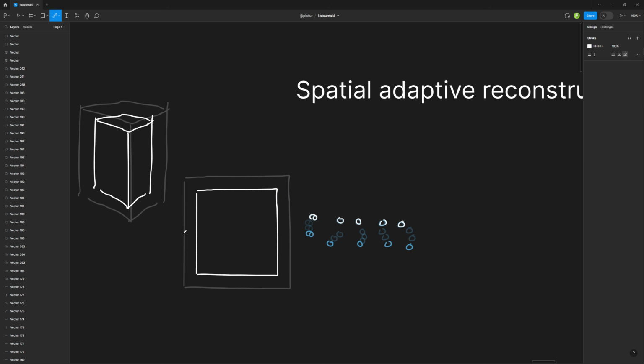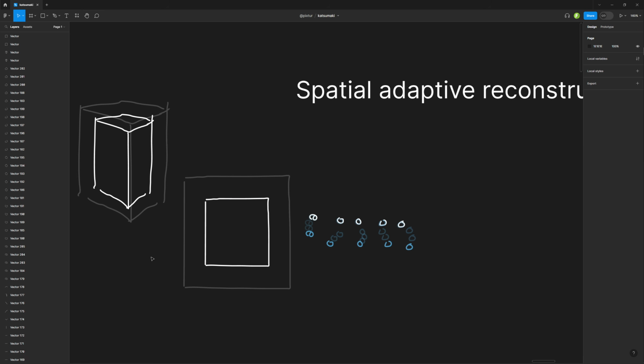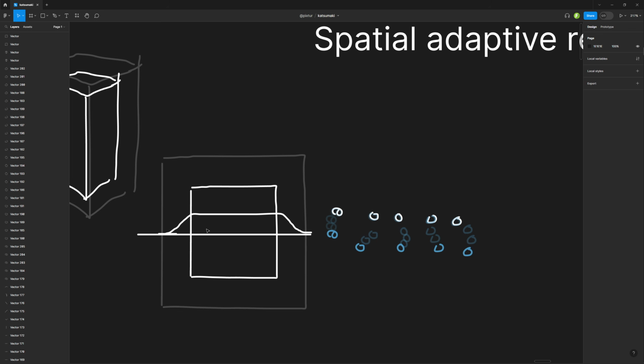Then we can think about this. Let's make this an even softer edge. Then we could imagine a value going from 0 to 1 and 0 to 1. So this could be a graph basically,